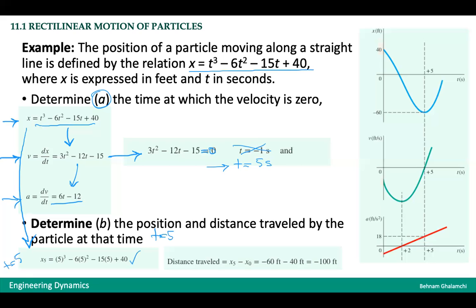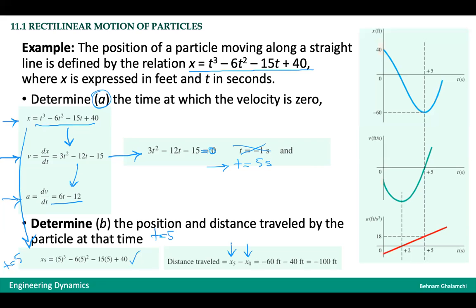It's also asking about the distance traveled. The distance traveled means let's find the initial position of the particle and see what is the position after 5 seconds. And the difference between those will be the distance traveled by the